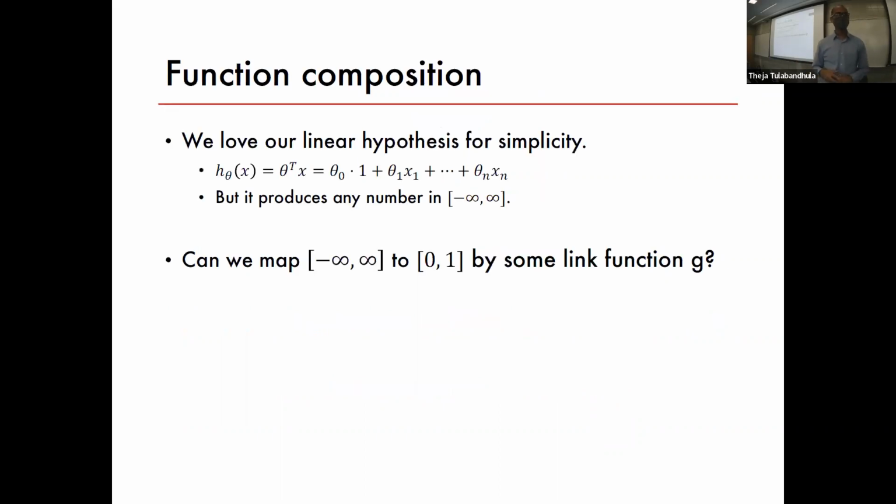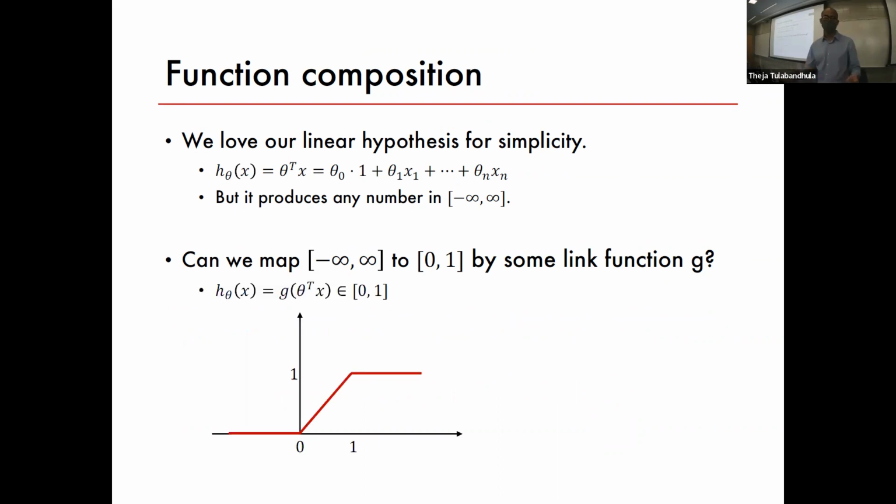Okay. So the original function for the linear case was this, right? H theta of x is just a linear transformation of x. It produces a number between minus infinity to infinity. Now, what we asked in the previous slide is, can we map using what is called a link function? And we're going to represent it as G. Here's an example link function. H theta of x is equal to the original theta transpose x, but now with an extra processing step. First compute theta transpose x, whatever number it produces, it's going to be a real number between minus infinity and infinity. Apply G, which now maps that from potentially minus infinity to infinity to a value between 0 to 1.